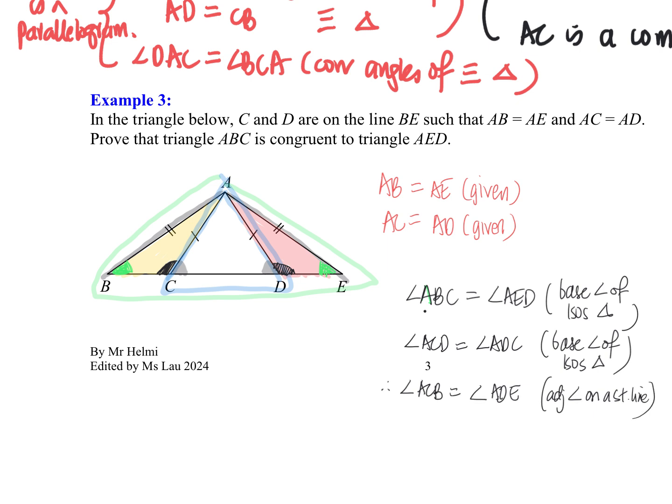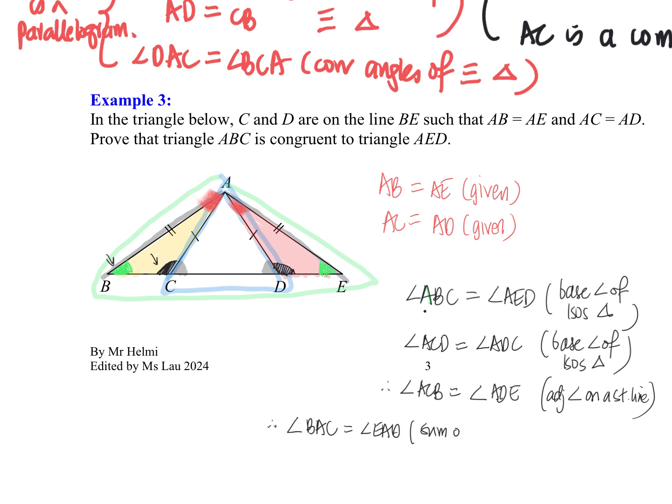But again, even if I have this angle, it's SSA or ASS, I can't use it. It's not a congruency test. So the last angle I need to prove that is equal is this one. This is the important one. Since these two are exactly the same, the third angle must be equal. So I can say BAC must be equal to EAD,